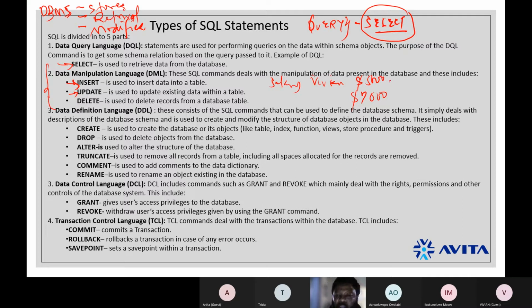Now, Vivian is no longer a staff as she has moved on to another company, right? And her record cannot keep being on the database. So what do we do? We delete and say that Vivian is no longer with us. We delete. Can you see, English language? Basically, that is data manipulation language, right? So you insert, you update, and you delete. That's the DML statement, right?